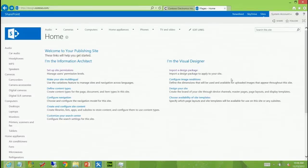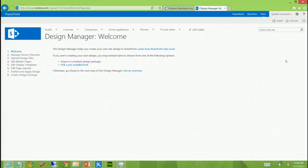So first and foremost, the place we're going to go that Richard alluded to ever so briefly is the Design Manager, which is accessible here in Site Settings. There's also a link to it in the Visual Designer content. But we're going to start here in the Design Manager, which we're going to spend a lot of time in today. We'll show you each of these steps in depth. I'm going to take the liberty of skipping through the device channel step, and we're going to go straight to the step called Upload Design Files,